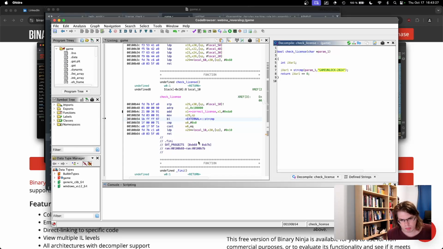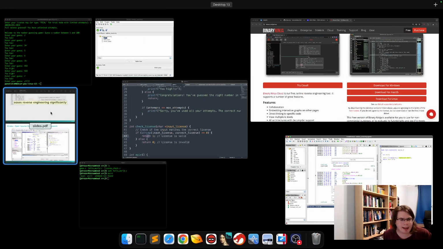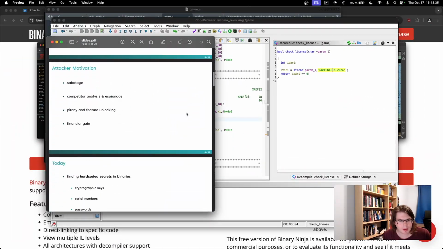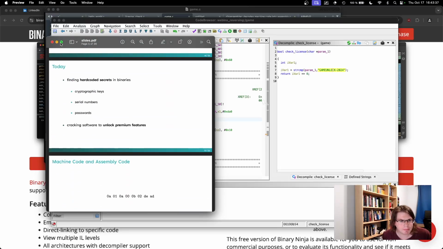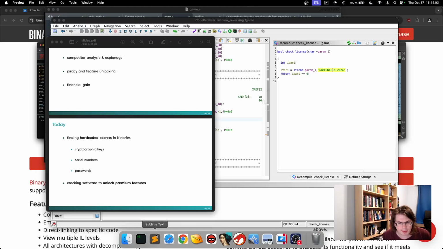So now let's recap. If we took a look at the slides, we basically talked about finding hard-coded secrets in binaries. In this case, it was focused on serial numbers, but cryptographic keys and passwords would work in a very similar way. Now let's go to the second part, the second step, how we can crack the software to unlock premium features. For that, our goal is to rewrite